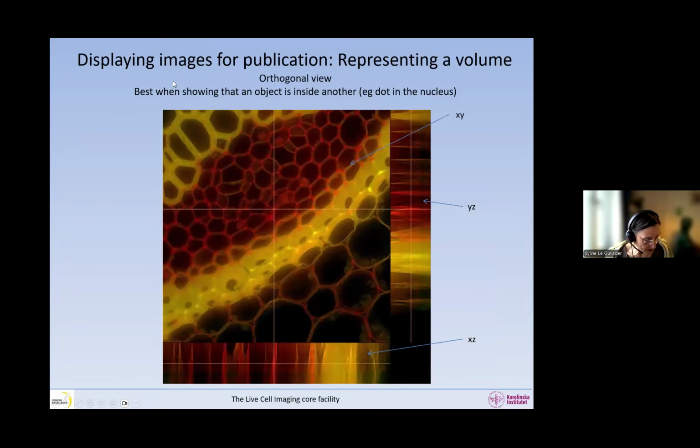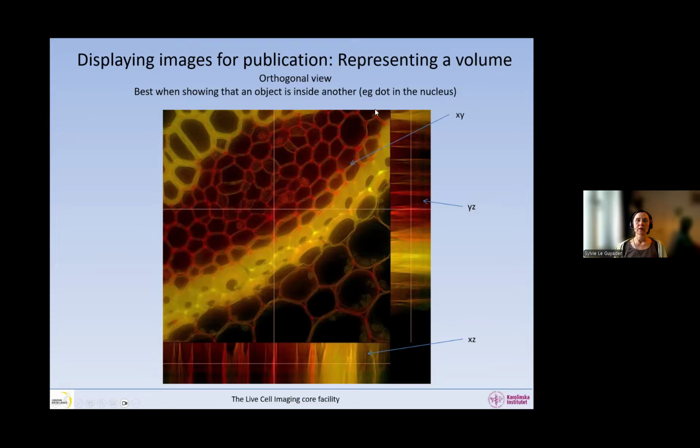When we want to display information about the images for publication, sometimes we have to represent different dimensions. So we have the color dimensions we have talked about. We can display the colors separately, the channels separately. But what do we do when we want to represent a volume?